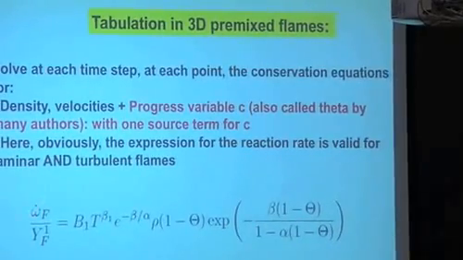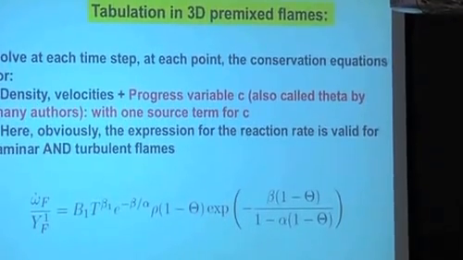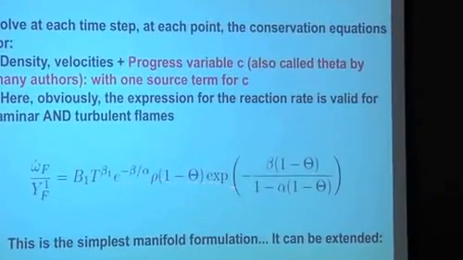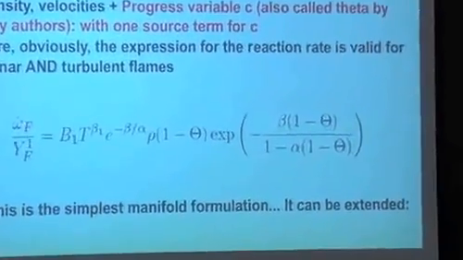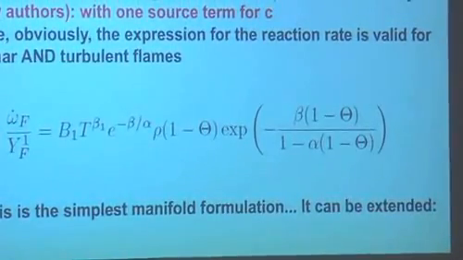And if you write here the expression of the reaction rate with single step reaction, this is what you find. What this expression is really telling you is that the progress variable here is the only parameter controlling the reaction rate. So that's a proof that the tabulation method will work. This is independent of laminar or turbulent, and it proves that if you want to compute a reaction rate, you can get it by this expression. So there is not even a reason to compute it in the code. You can tabulate it before.